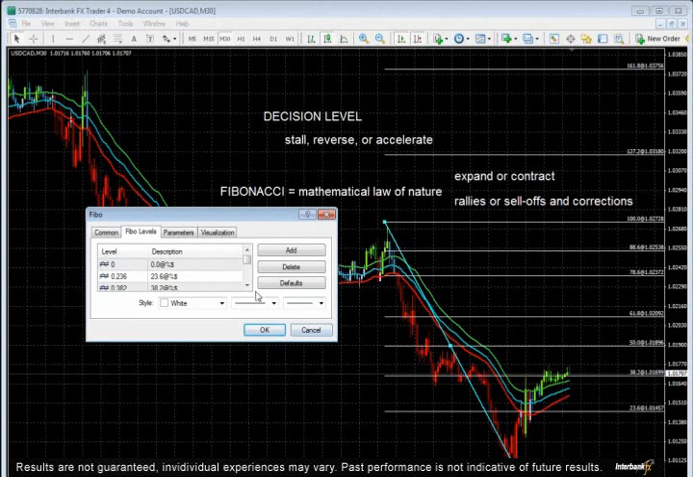All right, so making our way down the list, we have a 382, so 0.382, 50%, 0.5, the 618%,